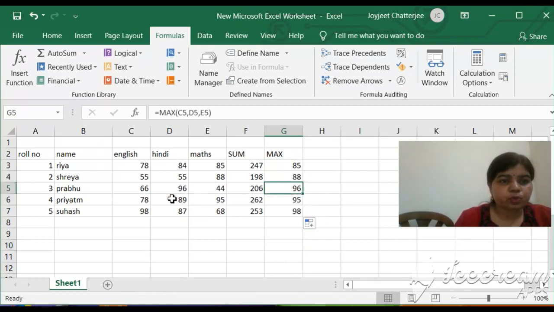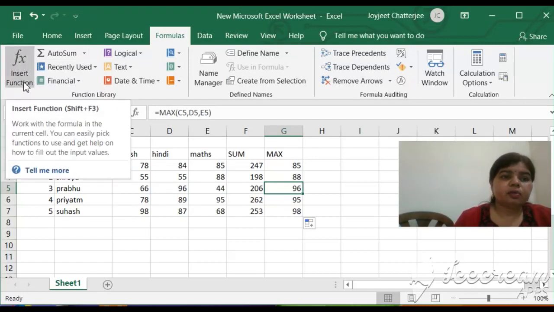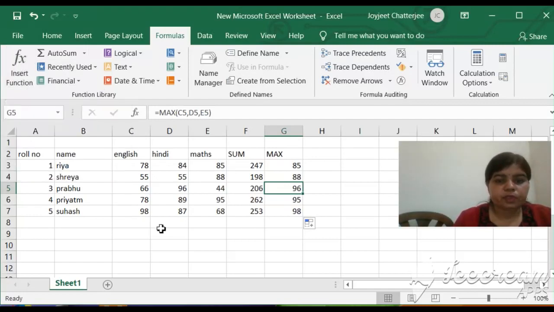Raghu got 96 marks in Hindi and Maths, and English got 66 and 44. This is a function and we can use it by the insert function button. This is a method. Okay. Thank you.